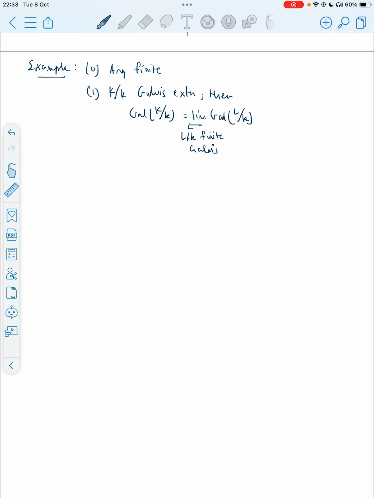This can be easily checked. So what you need, you just need to define a map from this to, let's say, you can define the map directly. Not directly, you can define the map here first. So what you do, you take a sigma. So it's a map from K to K. So you can restrict this map on each finite extension of small k. So that will give me a map.